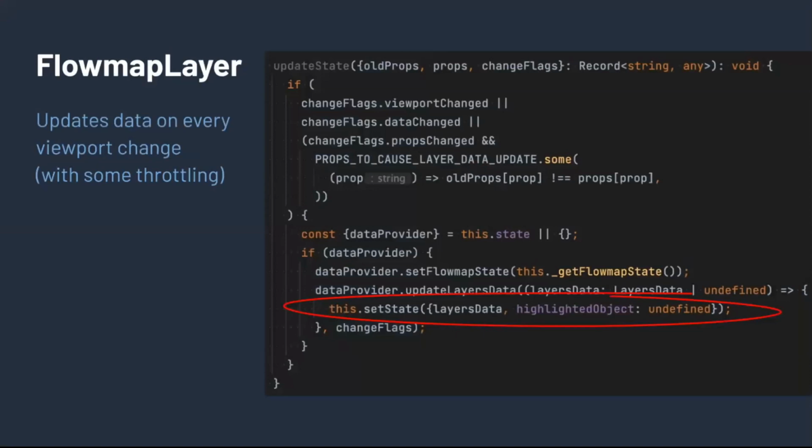In the update state method of the layer, we have this set state layers data, and layers data comes from the data provider. This is called every time the viewport changes, so that the layer adapts. It often makes sense to introduce some throttling so that it doesn't update on every frame change.